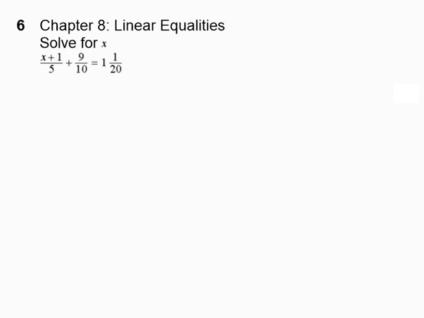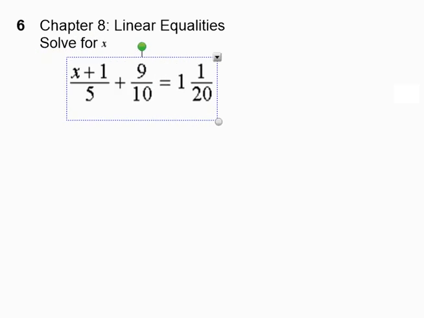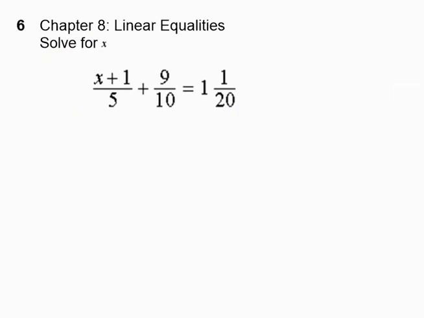And your final question comes from Chapter 6 on linear inequalities. Here we could do one of two things. We could either multiply both sides by a common multiple of the denominators, which is 20, or we could simply get rid of the constant by subtracting 9/10 from both sides. And that's what I'm going to do. I'm going to get rid of the constant first,